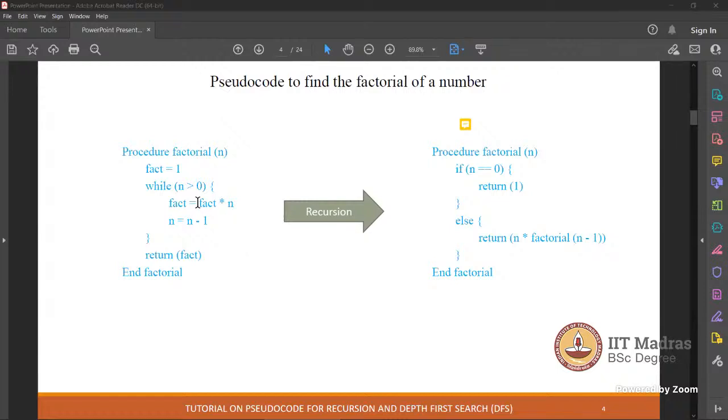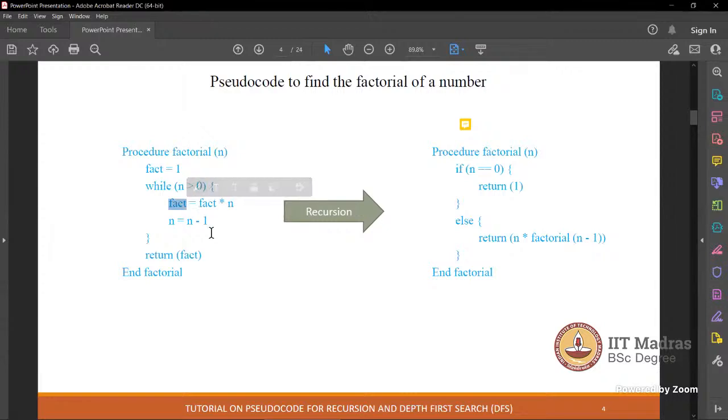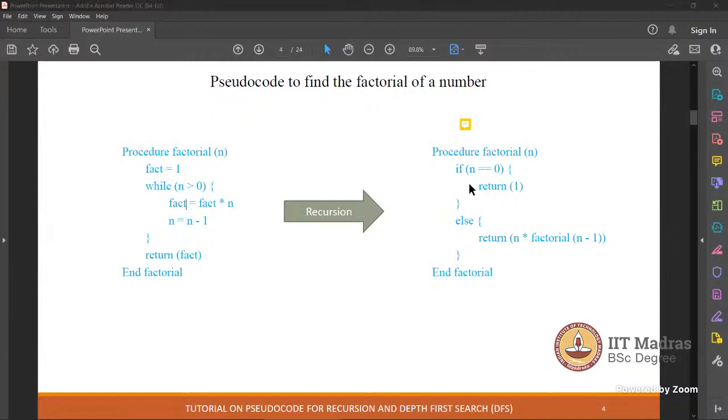It's getting accumulated, right? You're saying fact equal to fact into n, so whatever you compute gets stored in the same variable. It's like saying a is equal to a plus 1. First it will be 1 into 5, then 1 into 5 into 4, then 1 into 5 into 4 into 3, and so on.